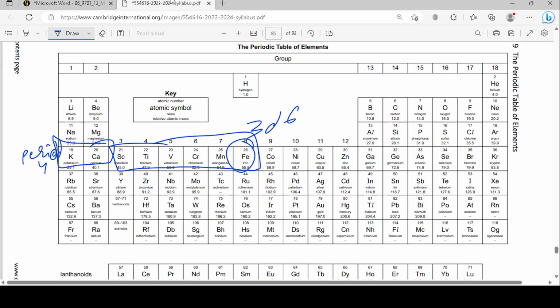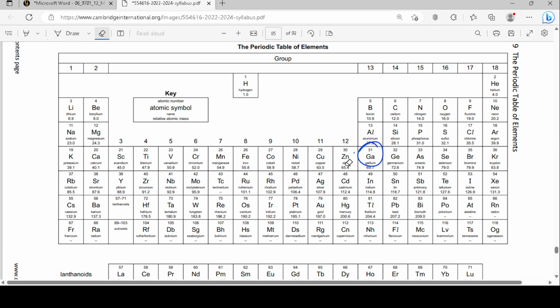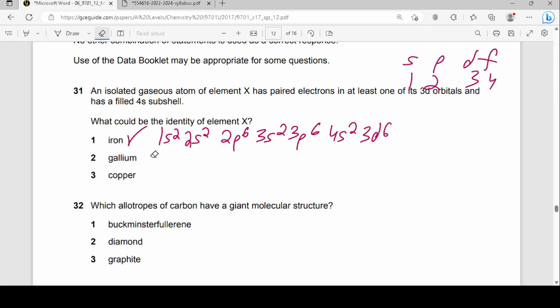Okay, and then if I look at gallium, where is gallium? I don't know where gallium is. Oh, I found it. It's next to zinc. So here's gallium, and this is the P block. Gallium is in the P block, so it ends in 4p1. Let me write down 31 electrons, right? So it should be 1s2, 2s2, 2p6, 3s2, 3p6, 4s2, 3d10, and then